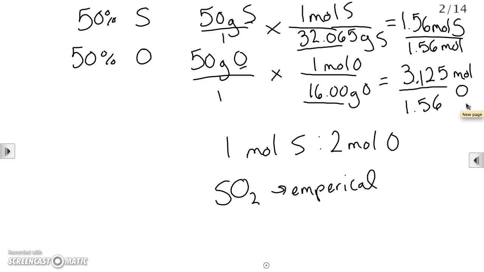Did I throw you off with my mental math there? Look. 1 sulfur is 32 and 2 oxygens is 32. You still with me? So the molar mass of this empirical formula is 64. If I said the molecular mass or the molar mass was 128, that's 64 times 2. So then I would know that the real formula, the molecular formula, would be S2O4. That's how to go to the molecular formula. But they didn't give that information, so you have to stop here. So percent to mass, mass to mole, divided by small, multiplied to whole. Now you can knock out